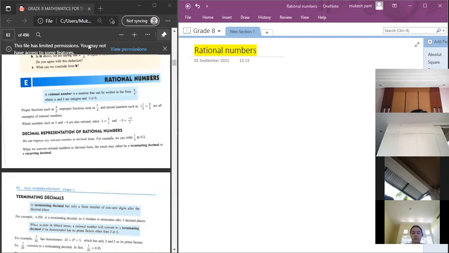A rational number is a number that can be written in the form of a by b, where a and b are integers and b is not equal to 0. Okay. So any number